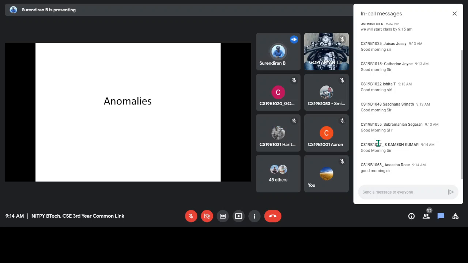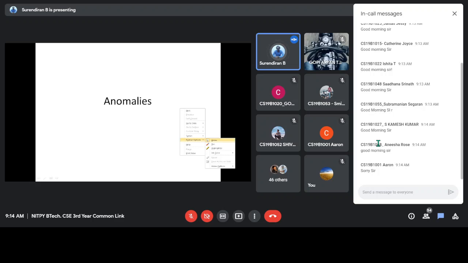So, what are anomalies? In a database, we have some redundancies. Data redundancies may be there, some unwanted data may be there.